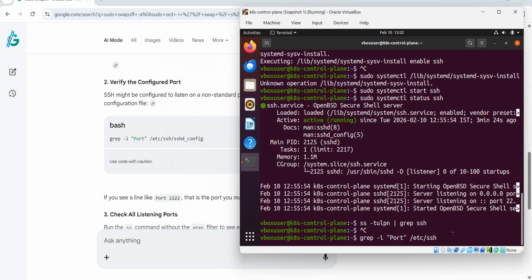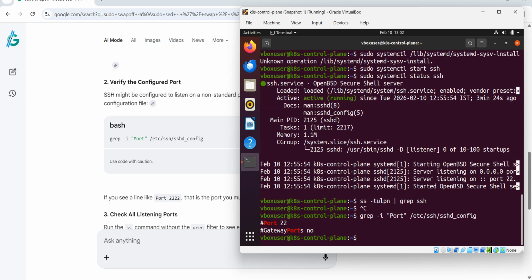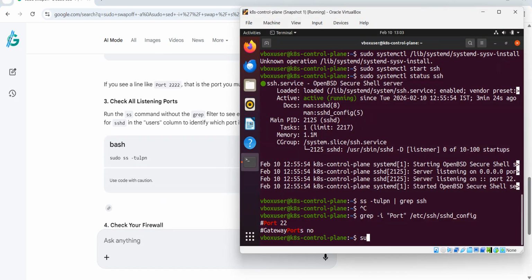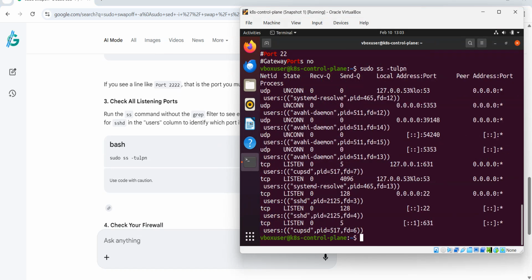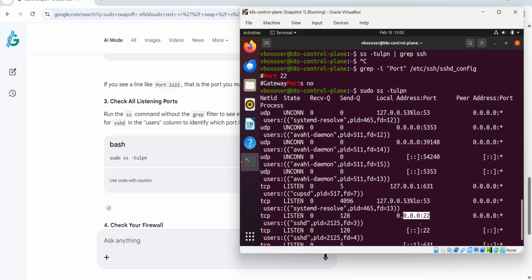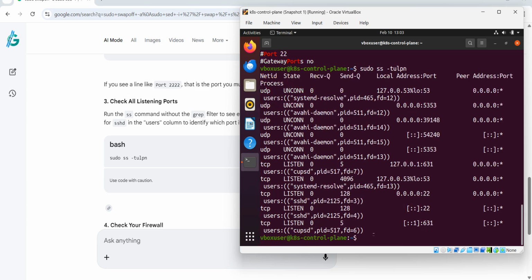So we will run this command to check the SSH configuration. We'll go to this file, sshd_config, then check whether port 22 is set. Okay, guys, now again we will check all the listening ports here. So I will again run this command, sudo ss -tulpn, and it checks the listening ports. Here you see the listening ports are 53, and 22 is also there, and it's listening on the local